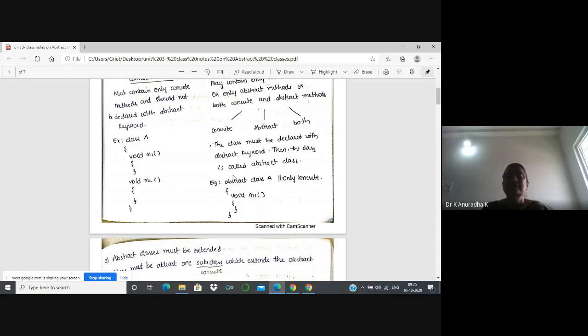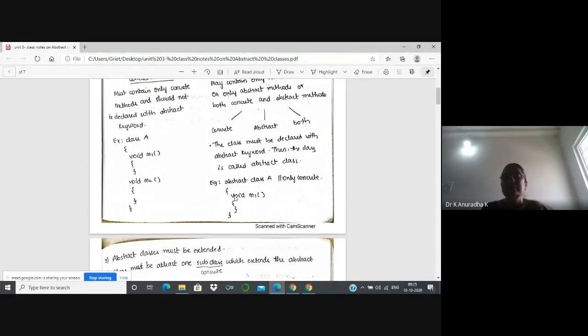So this is the example for an abstract class, because here A is a class, class A. Previously we have written class A, the class name, and this class is declared with abstract keyword. That's why this class is called an abstract class.